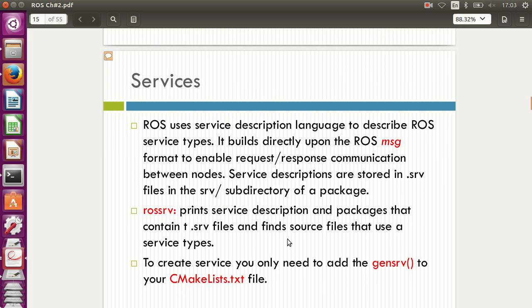Services. ROS uses a simplified service description language to describe ROS service types. This builds directly upon the ROS message format to enable request-response communication between nodes. Service descriptions are stored in SRV files in the SRV subdirectory of a package. To call a service, you need to use the package name along with the service name. We shall practice it in ROS later. For example, you will refer to the sample package 1 SRV sample.srv file as sample package